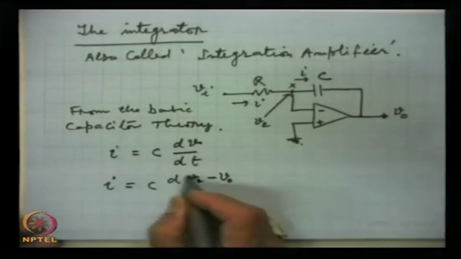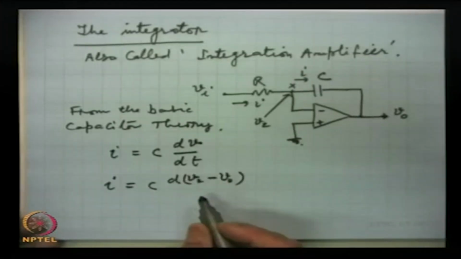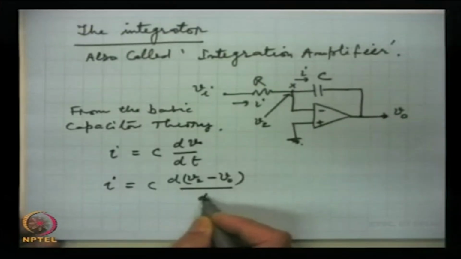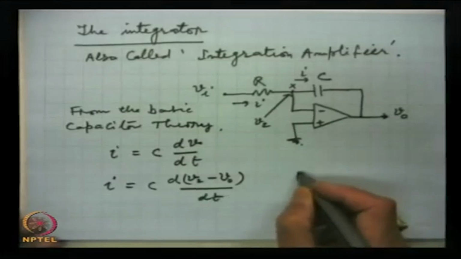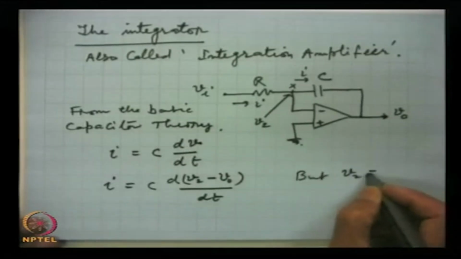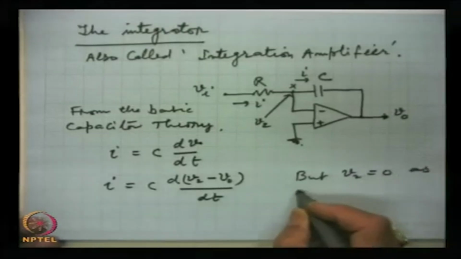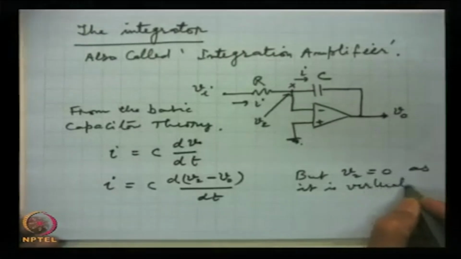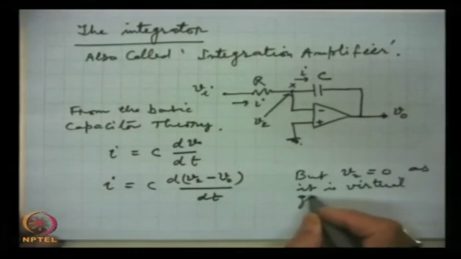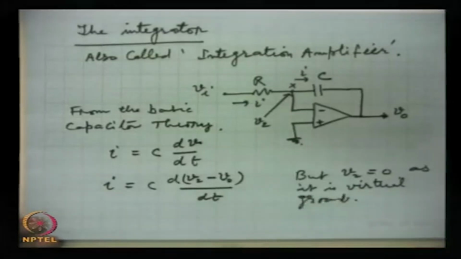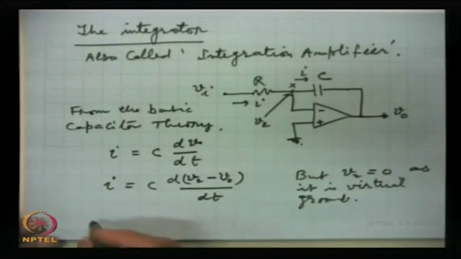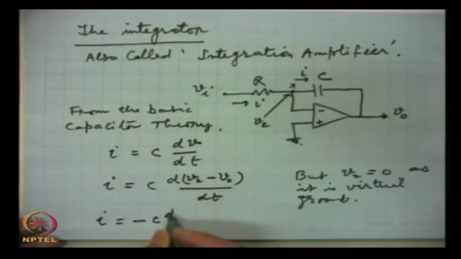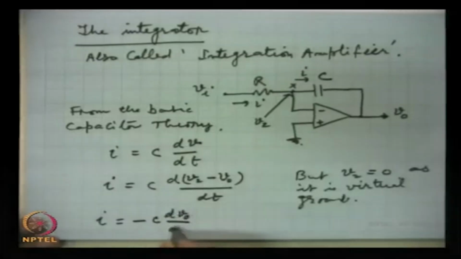One is at a voltage of V2 and the other end is at V0, and this is dt. But V2 is 0 as it is virtual ground. Virtual ground. So I is equal to minus C dV0 by dt,